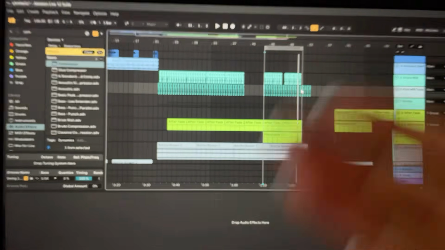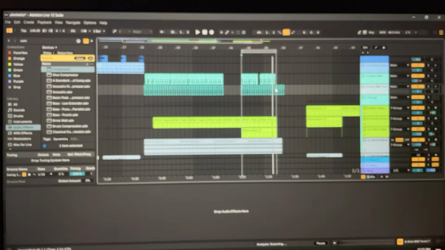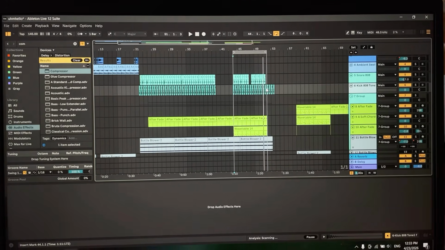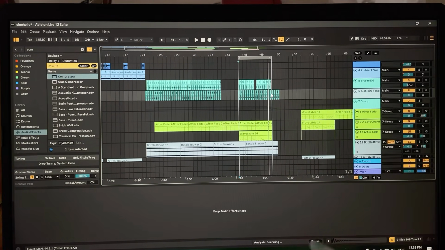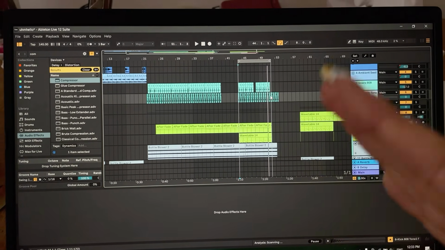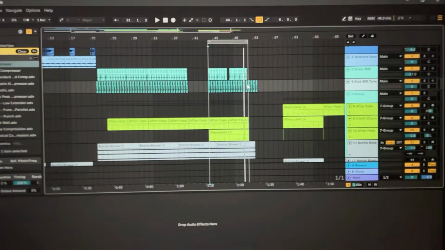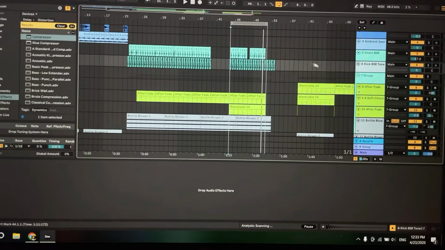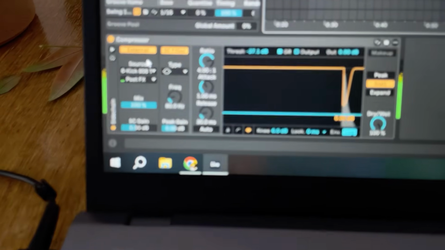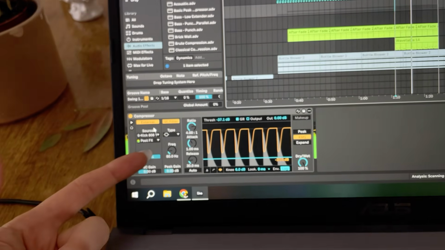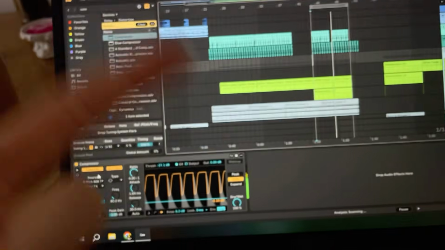What I heard is good is if you sidechain everything to your kick, which means everything goes more silent when the kick hits, so it gives it this pulsing effect. And I put a compressor. This is what a compressor looks like, and the point is that it dips every time the kick hits, you see. And I put a compressor on everything one by one as I was adding the layers,